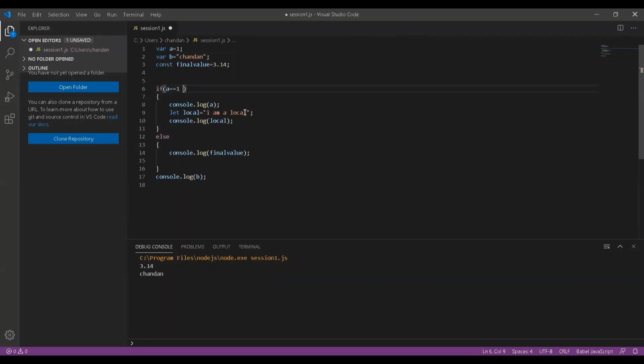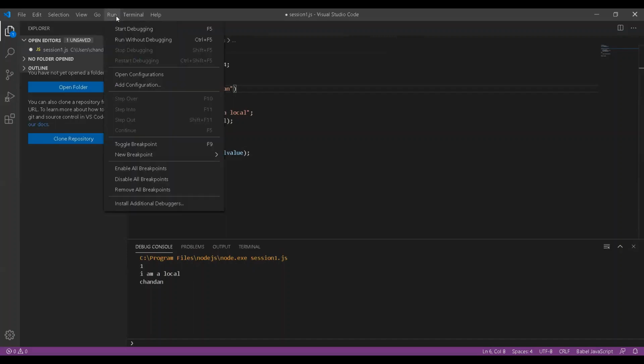For that, for "and" we use double ampersand, and I can say a is equal to this and b is equal to Chandan, then print this. So it went to this code block again because both are true. Now if I say a is equal to 2 and this, it will not go in this block and will print the outside block, the else block,